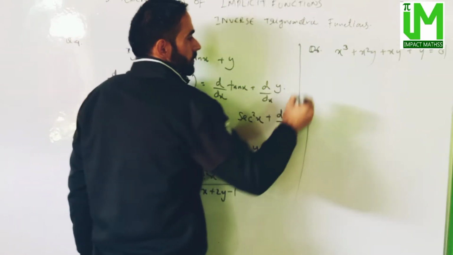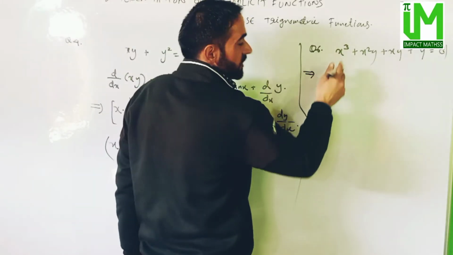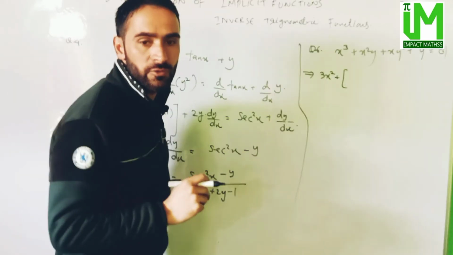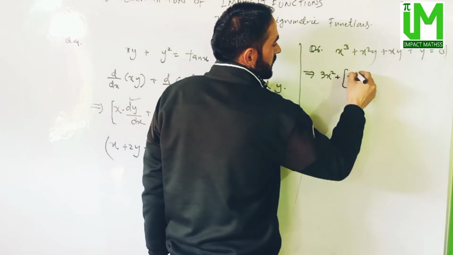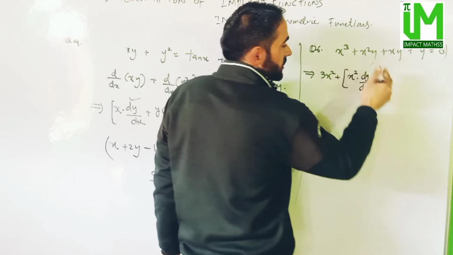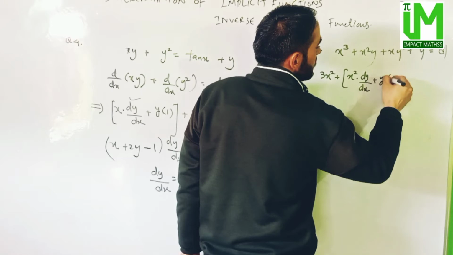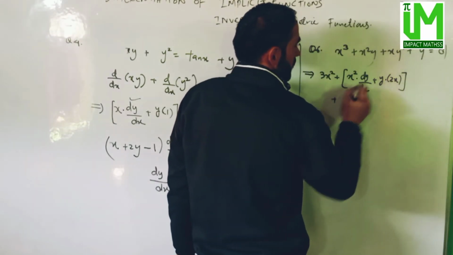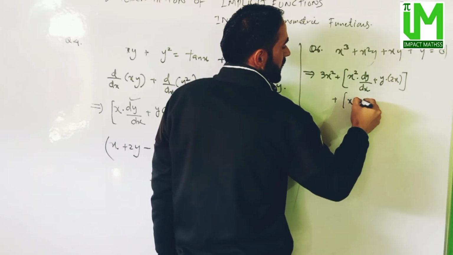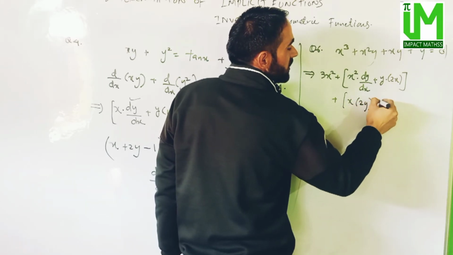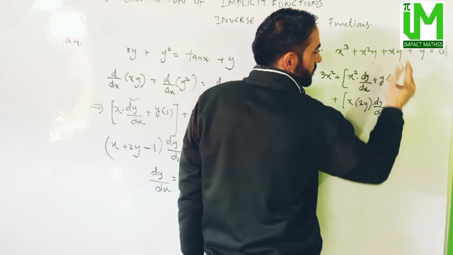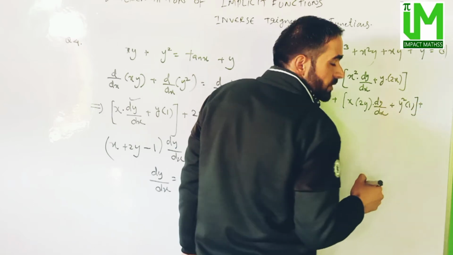x. ठीक है, so it will be x cube की डिफरेंशिएशन 3x square, plus, अब प्रोडक्ट रूल x square y. ठीक है, फर्स्ट फंक्शन x square, what will be differentiation of y, it will be dy by dx, plus y x square की डिफरेंशिएशन that will be 2x. ठीक है, प्लस अब इसकी डिफरेंशिएशन xy square की डिफरेंशिएशन, फिर से प्रोडक्ट रूल, so it will be x into y square की डिफरेंशिएशन 2y into dy by dx, plus y square as it is into x की डिफरेंशिएशन that will be 1, plus what will be differentiation of y cube,